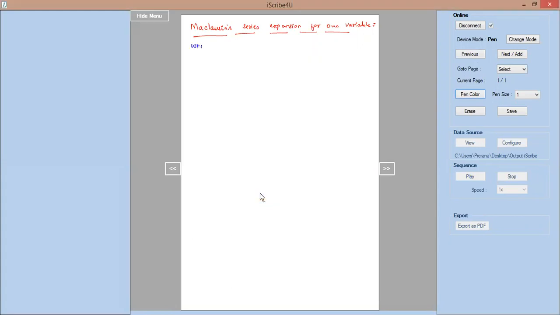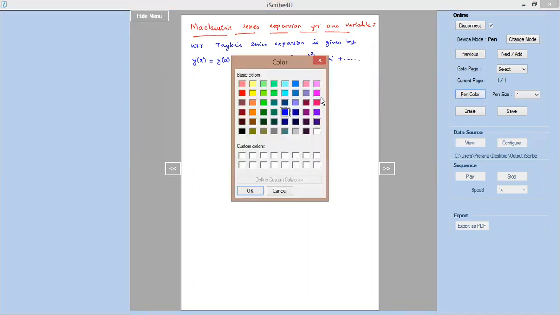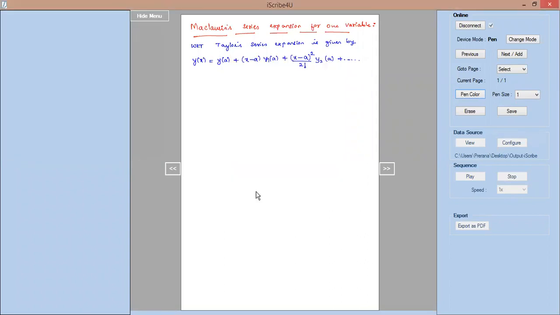So we know that Taylor series expansion is given by y of x is equal to y of a plus x minus a into y1 of a plus x minus a the whole square divided by 2 factorial y2 of a, etc. Now Maclaurin series expansion is a particular case with a equal to 0. So we'll write down, if a equal to 0, then we get